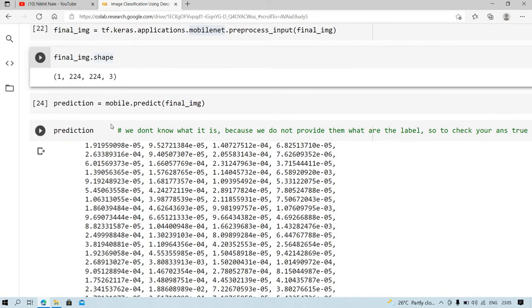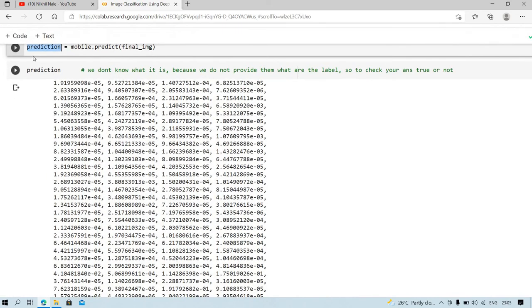After loading the model, we are going to predict the final image. For prediction I will call the predict method and pass the parameter final image, and store it in the variable prediction.